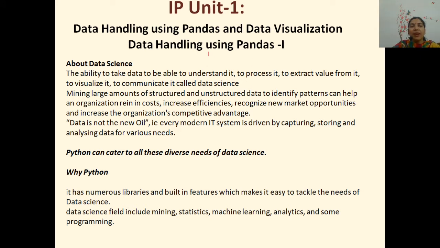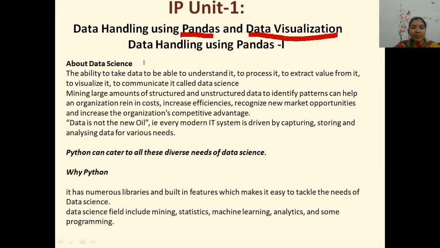Before coming to the fine details, I want to discuss what is the importance of Python and then what is the importance of Python pandas. Why are we going to learn these pandas? What is this data visualization? These all terms are important. So before going into the fine details, dear students, you must know a term called data science. What is data science?